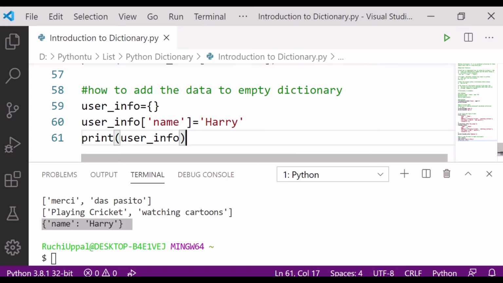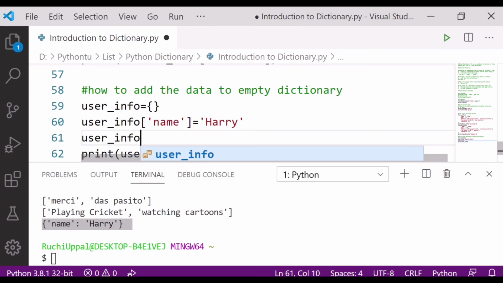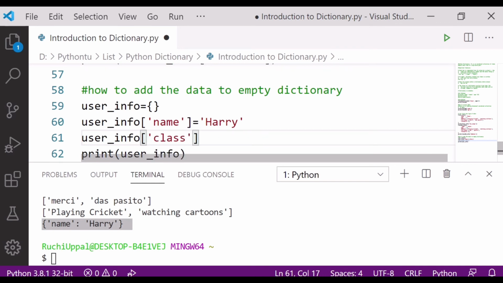In the same way, if you want to add the age, what will you do? Simply write down user info here, and age, or you can say anything you want, class just suppose, is equal to.